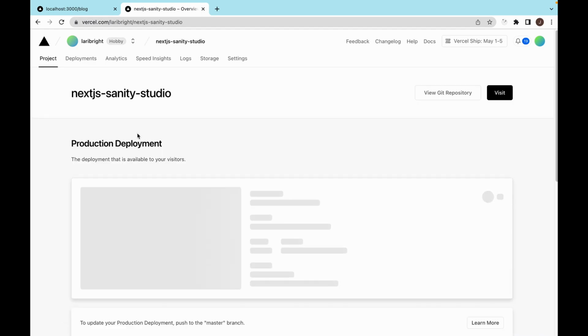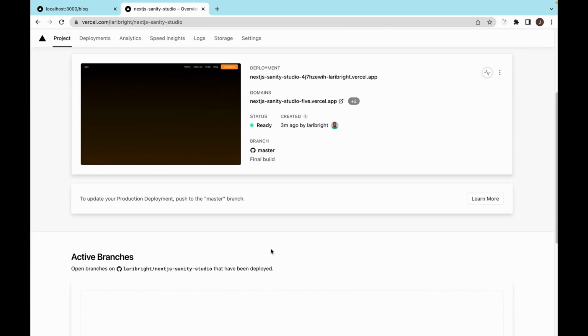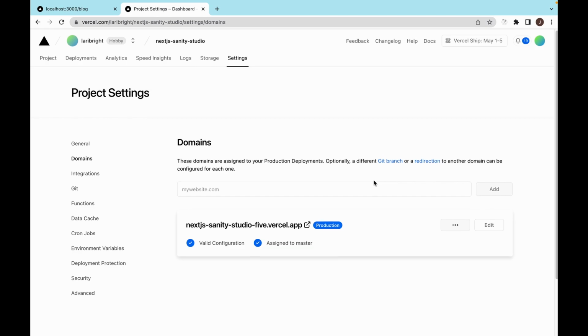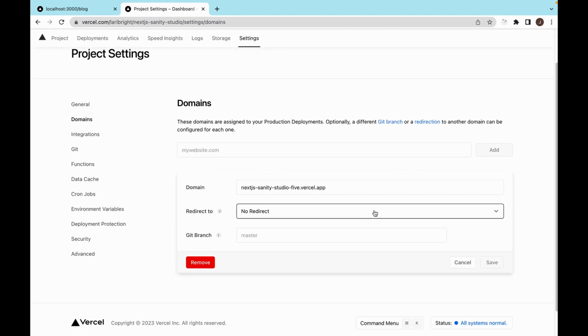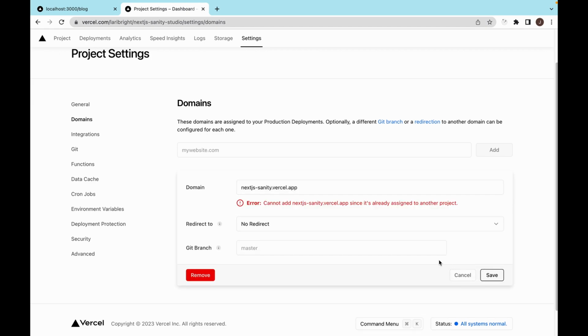So if we click on our project, we see that our project was successfully deployed, and we can go on to click here, and let's see, view domain, and we can go on to edit this domain. So we can change it to Next.js sanityvercel.app. Let's see if this domain is available. You can click on save. Okay, it's assigned to another project, so we can go on and give this